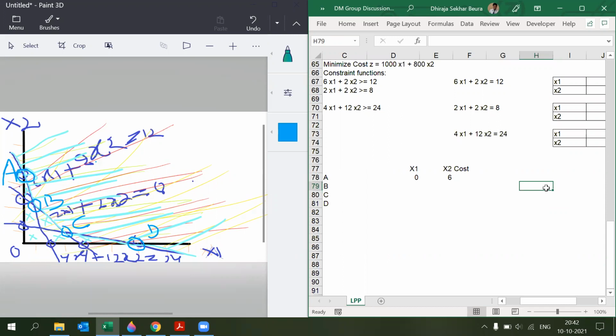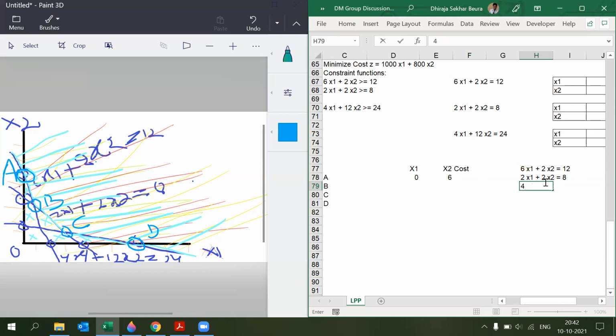I'll tell you the best possible way, which is to solve both the equations. So 6x1 plus 2x2 is equal to 12, you have here, and the second one you have here. Why did I take these two only? Can somebody tell? Two lines are meeting up, right? Those lines are intersecting each other. Whatever point you want to find out the value of, you take the lines that are intersecting and solve those equations. Let me deduct both these equations.